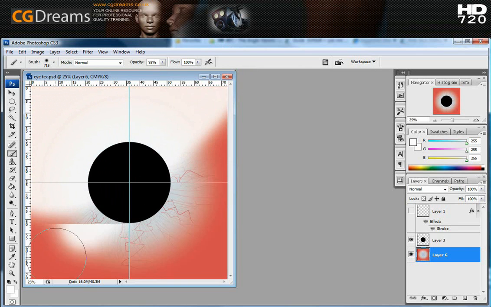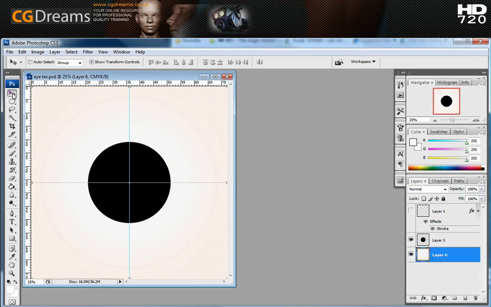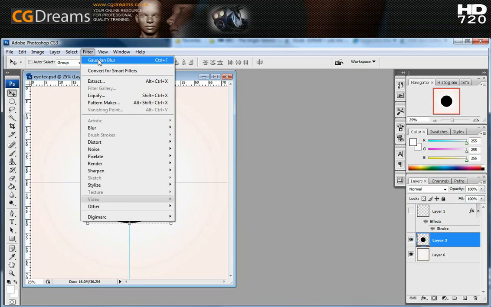In this particular case, white is representing 100% subsurface scattering and black is representing 0 subsurface scattering. Now we don't want it to be as harsh as this, so we're just going to apply a blur on this particular layer here. So we're going to select filter and we're going to apply